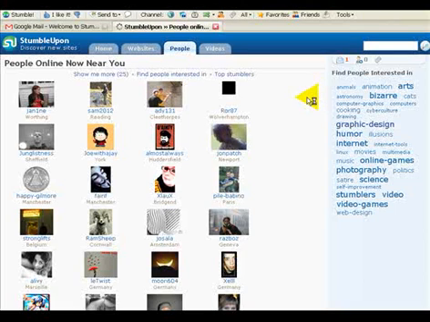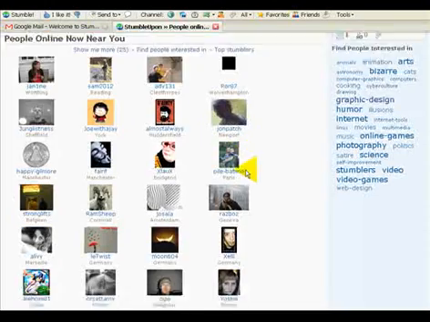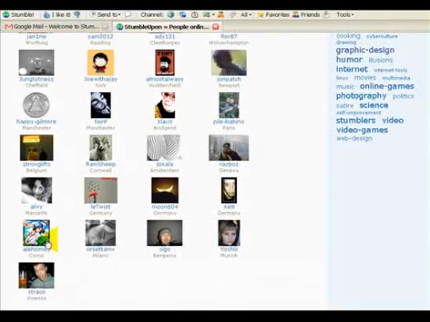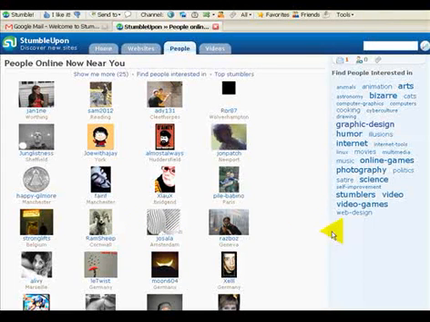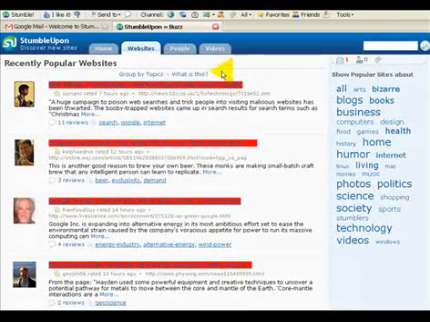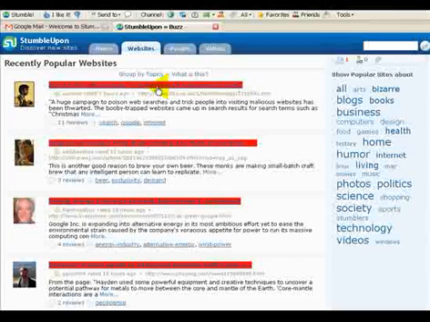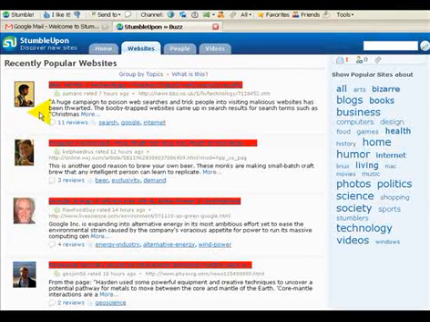The other cool feature here to stumble upon is if you click the People tab, it's looking whereabouts you are in the world. As I put, I'm in the UK. It's then starting to suggest other people that are online that are nearby, and if I wanted to start trying to network with some of these people, I might be able to go and look at their file and contact them, etc. If I go to websites, then it gives me a different choice of recently popular websites. So we might decide to go look at, for example, the BBC site that's had 11 views. We click that,